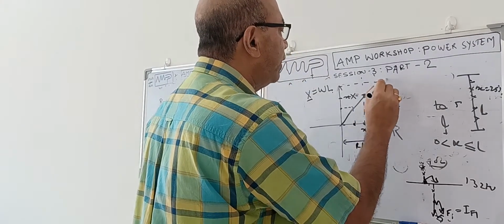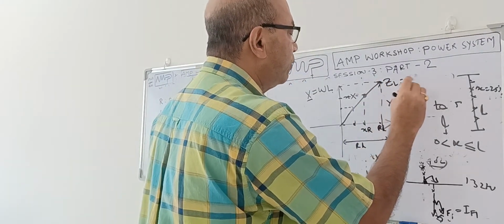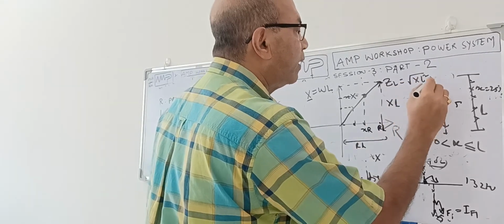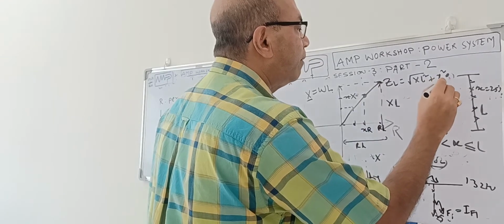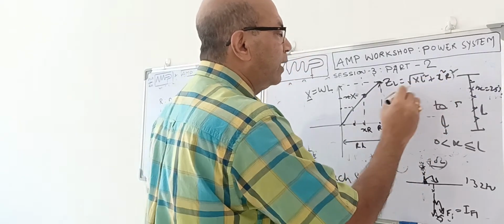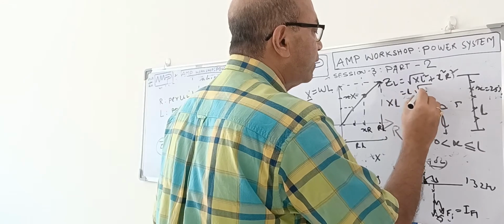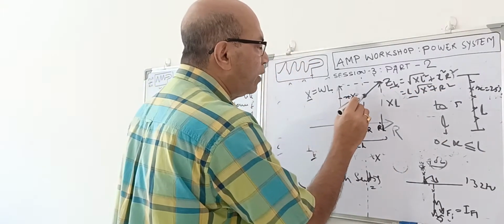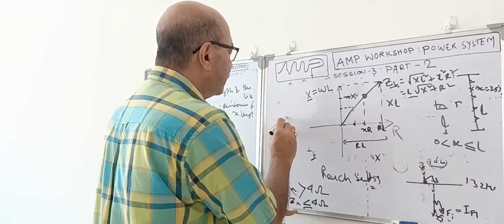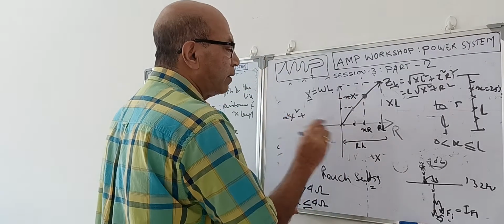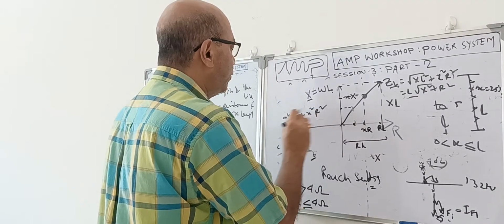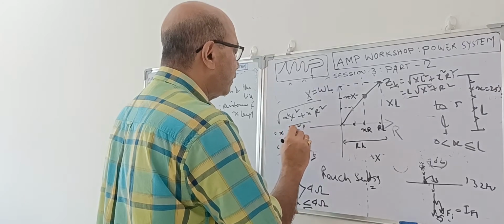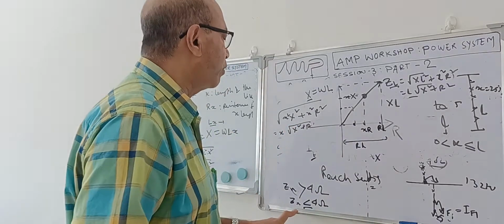So what is the value here? ZL equals the square root of (X into L) square plus (R into L) square. If you take L square common, L into root of X square plus R square, right? You see Z equals L times that. Similarly, if the fault is over here, it will be x square into X square plus R square. If you take the root, x comes outside, times root of X square plus R square. So the same result we are getting as we got over there.